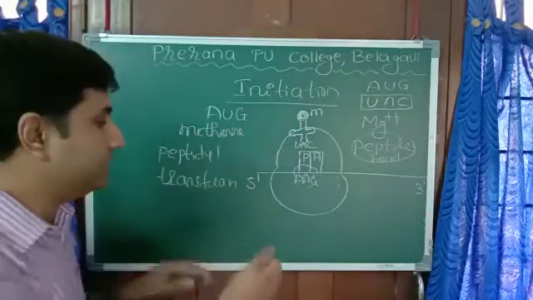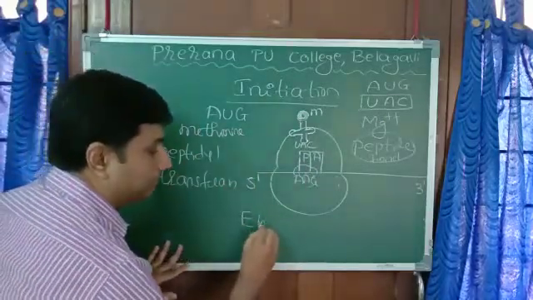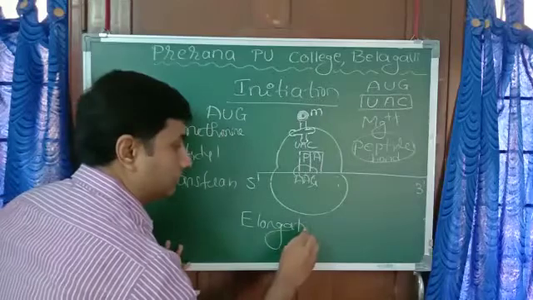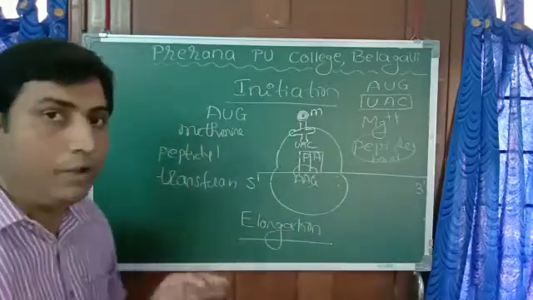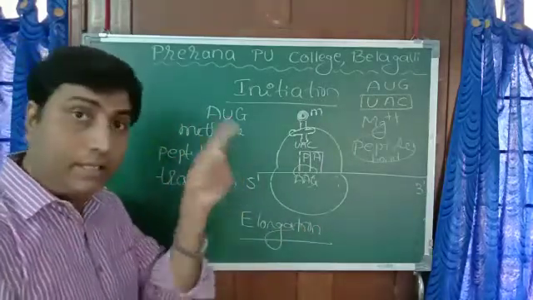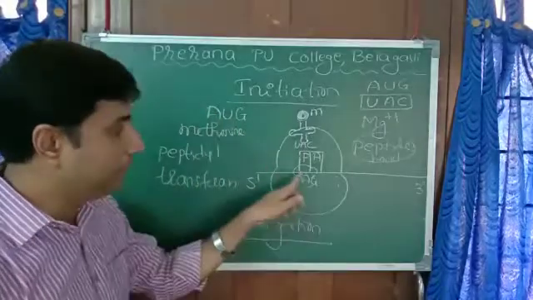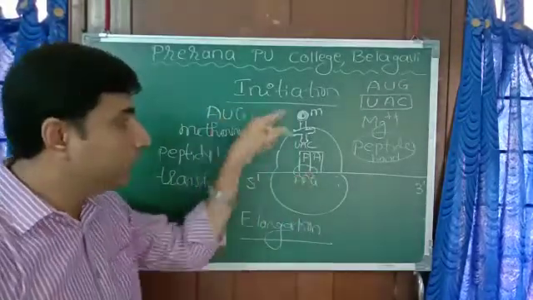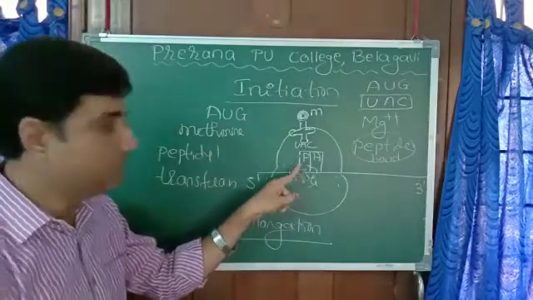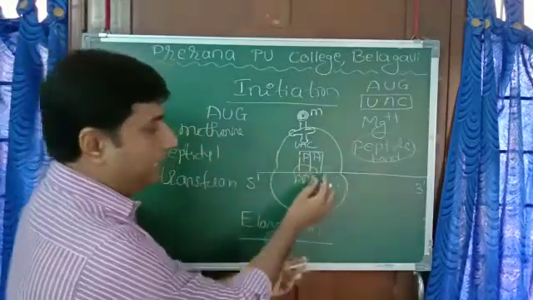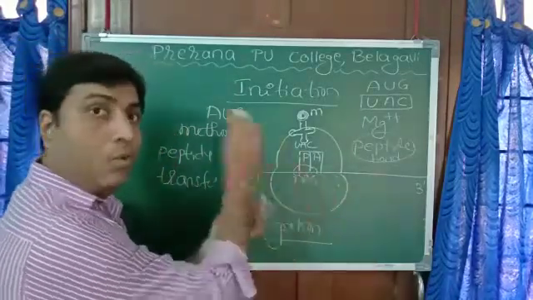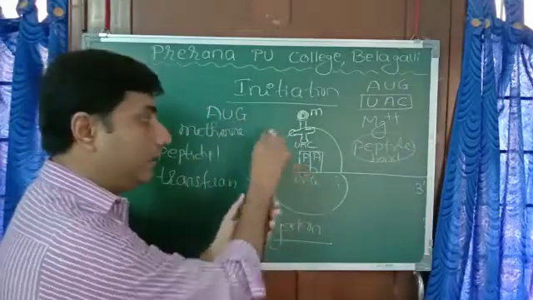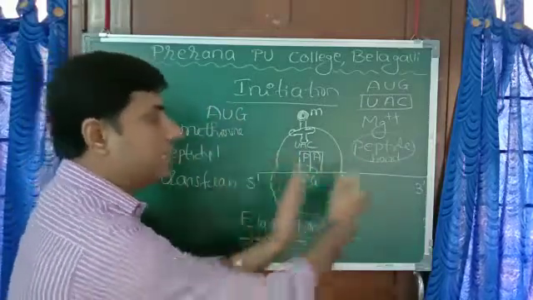This is the second step, elongation. I hope you are following. In the beginning, in the initiation step, here at the P site there was AUG. So methionine came and occupied that place. When this slid over, the next codon came here. One more amino acid came and linked to that, and it started to move.